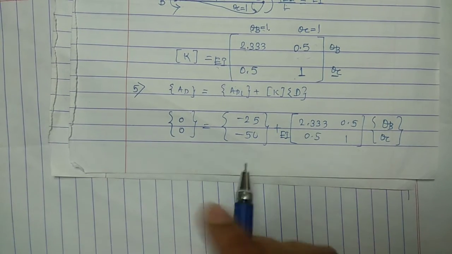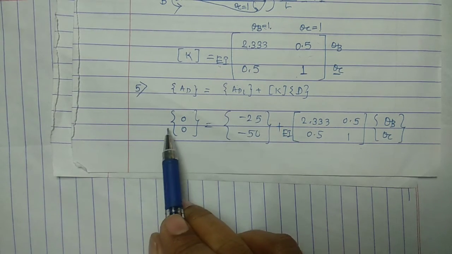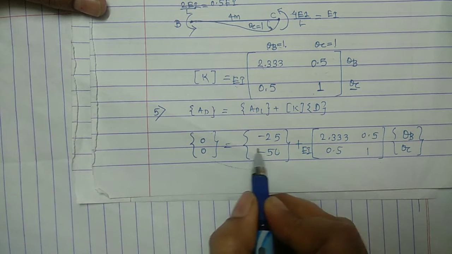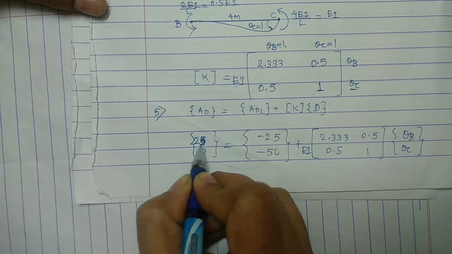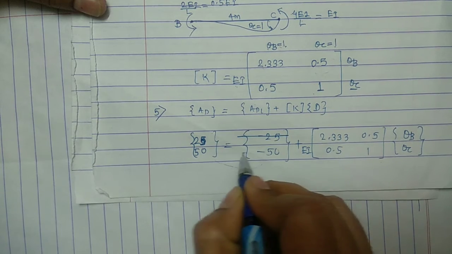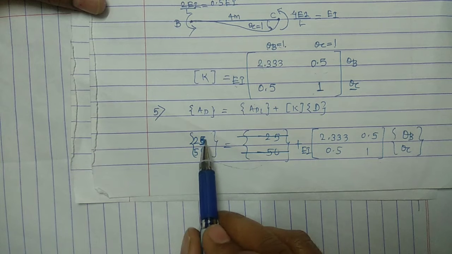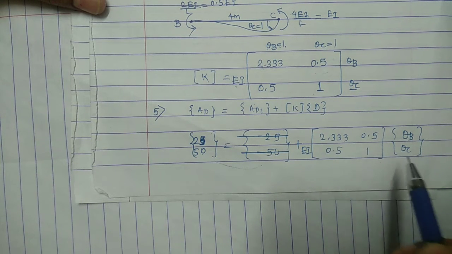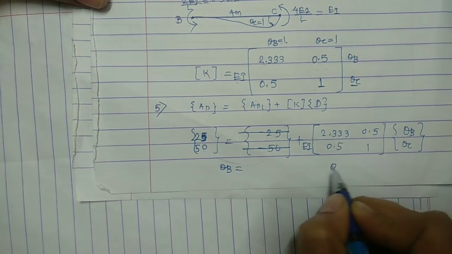Okay. Now next, after this you can take this constant, this ADL matrix, to this side. So what will happen? Taking this term on this side, that will be positive. I'll adjust here this 25 and this 50. This matrix is taken to that side, so I'll cancel this matrix and those numbers are written this side. So this 25 and 50 equal to EI into this matrix. Okay, so solve this matrix and get the values of theta B and theta C.